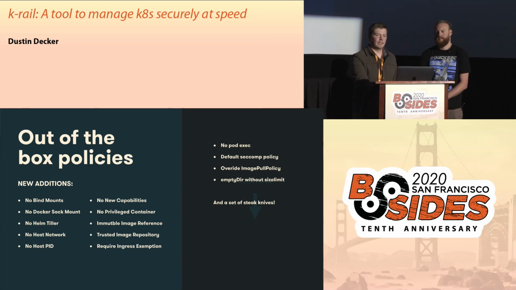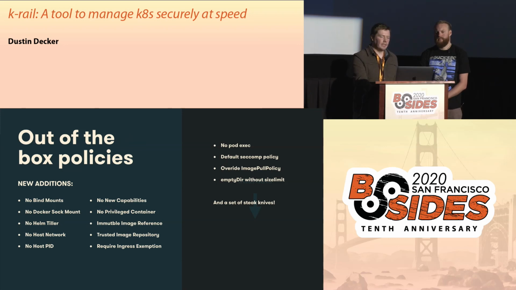The default seccomp policy just ensures that you're using the container runtime default seccomp policy. And that's important because Kubernetes actually runs containers unconfined by default for every container runtime. The override image pull policy was an example of an operational type policy that we've added. And we added that because we're bumping into GCR rate limits with GCP for some of the common init containers we used. And so we just overrode the image pull policy to only download the image if it wasn't already present on the machine.